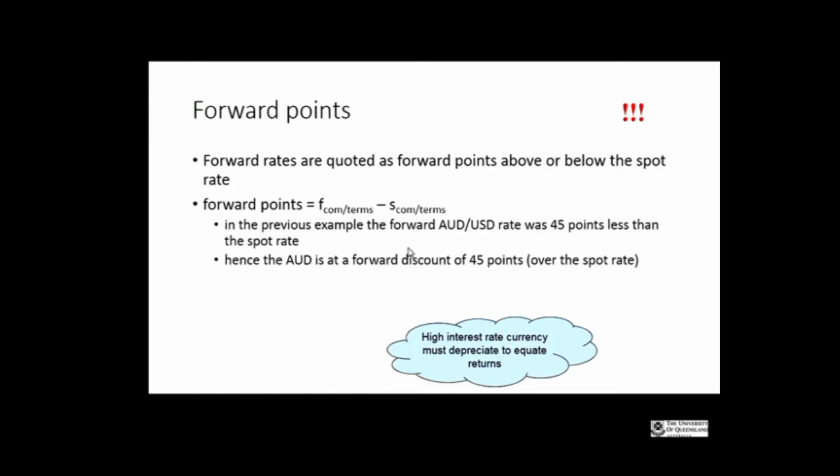Good. Forward points is just a different way of saying these things, the depreciation. So we have the forward rate, and we just subtract the spot rate from it, and then we get the points. And by the way, this one here is, I think, for after the... So it's similar to basis points. So this one is 0.45. But because nobody wants to talk with 0.45s all the time,